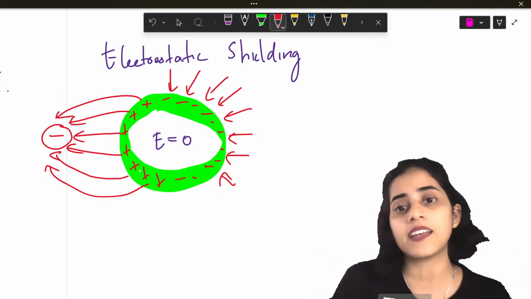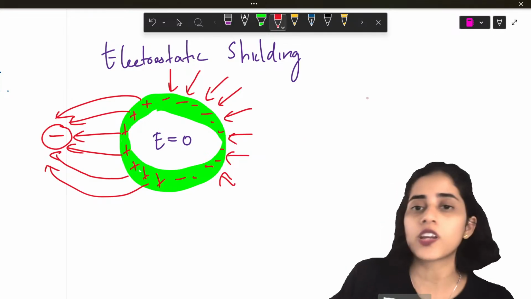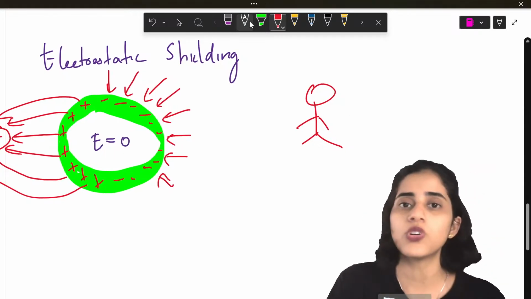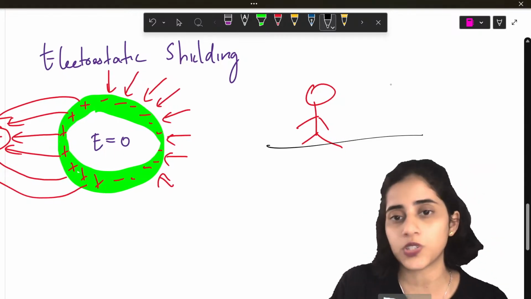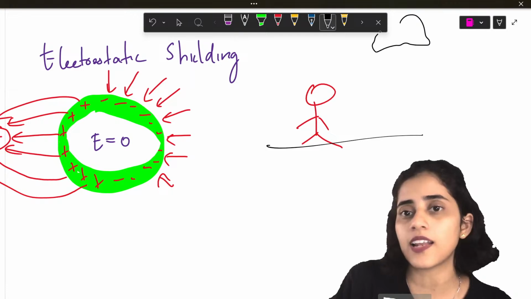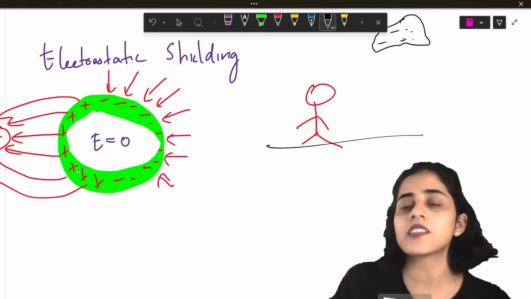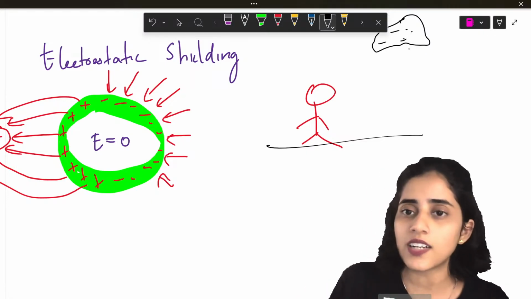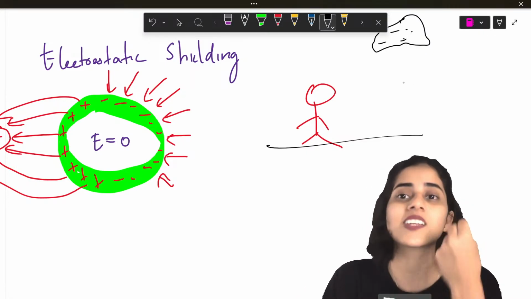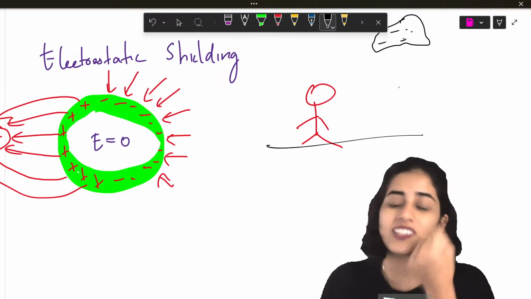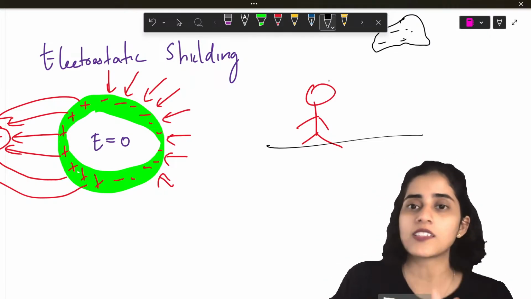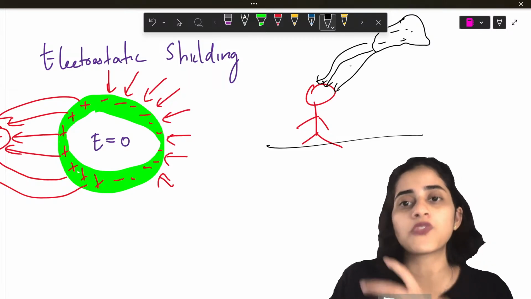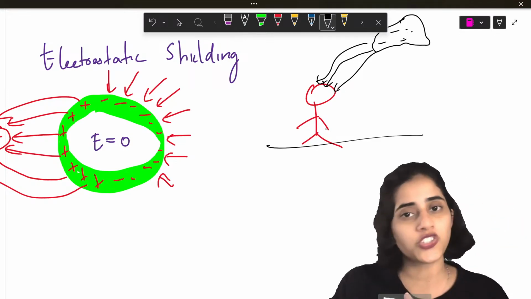But if you're simply standing on the ground, let's say this is you. This is just additional information. So this is you and you are standing on the ground. Now what happens? There is an electron-filled cloud, and this cloud wants to discharge. It wants to send its charge to the earth. So it will try to capture the closest conductor, the closest object that can carry charge. If you are standing there, this cloud will capture you and transfer all the charges to you, and you will get a shock.